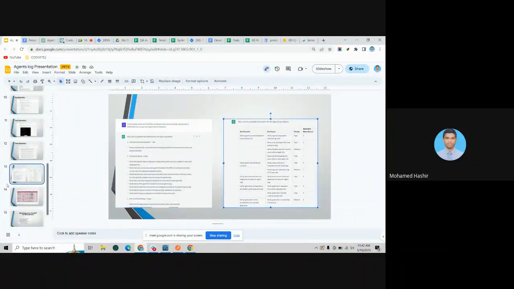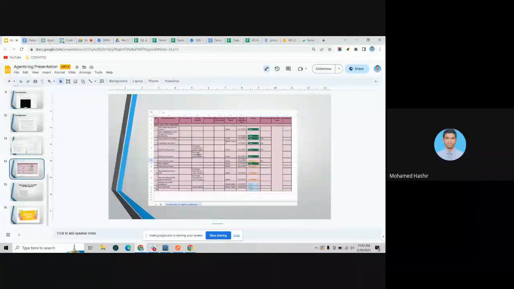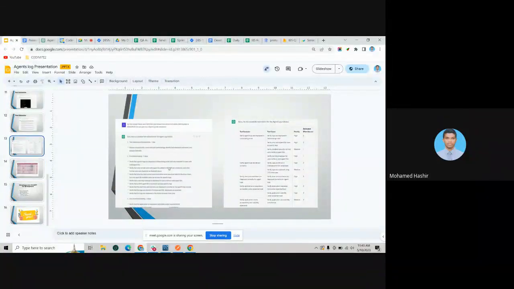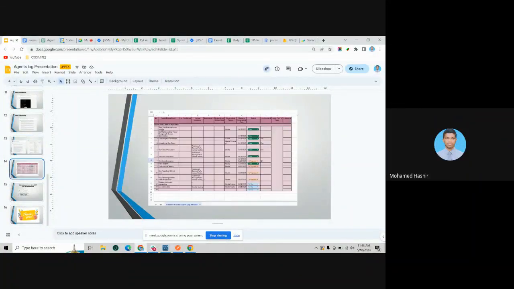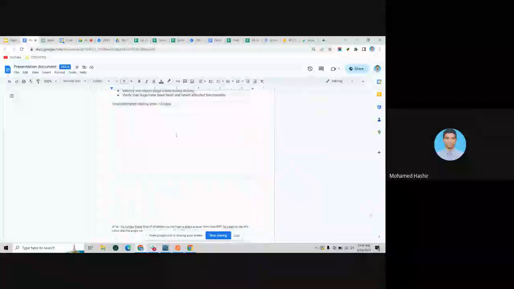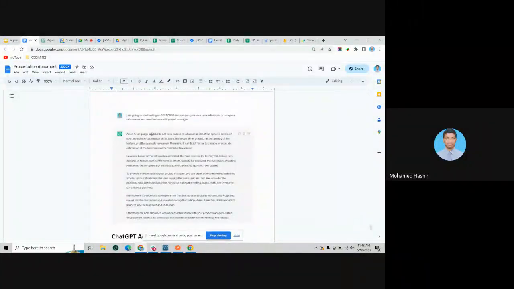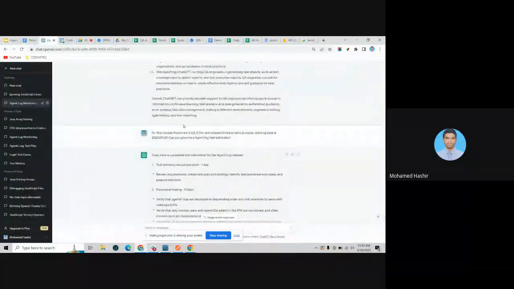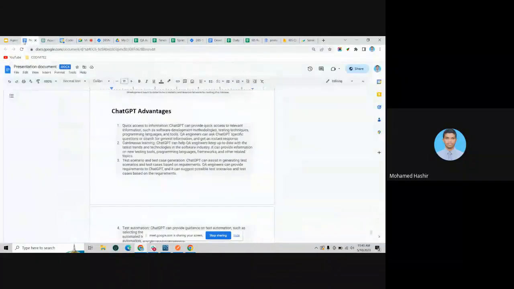By using a template from ChatGPT like this, our team did a good time estimation for this release. Here I did it manually, but by using these table formats from ChatGPT, we can create a good time estimation for every release. Those are the main things I need to cover from my end, and then I will